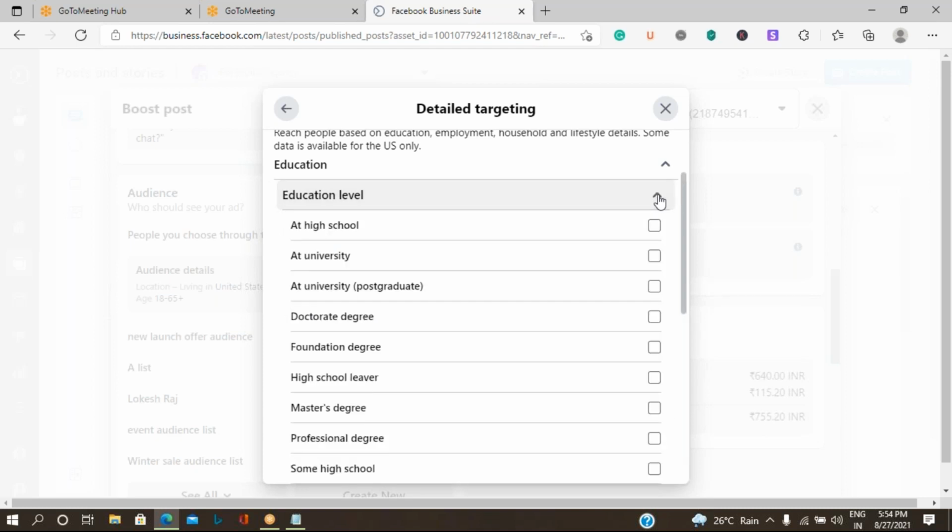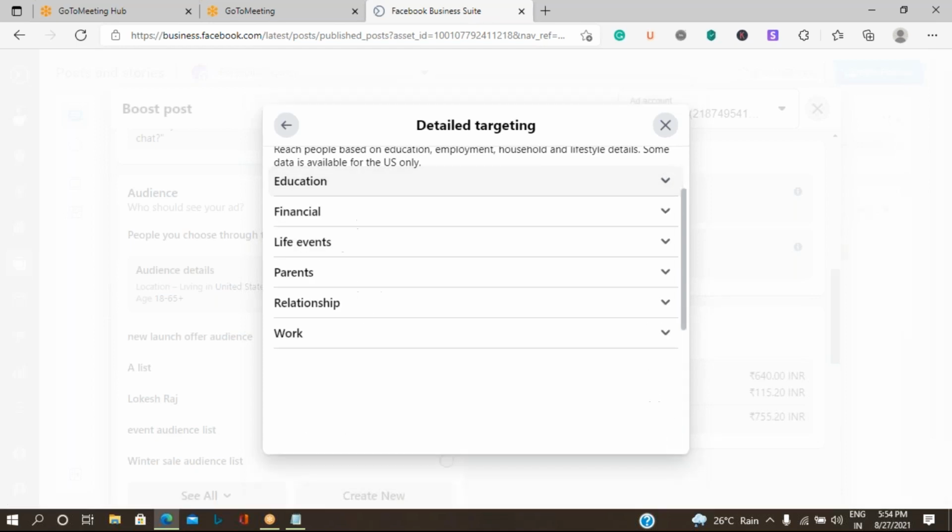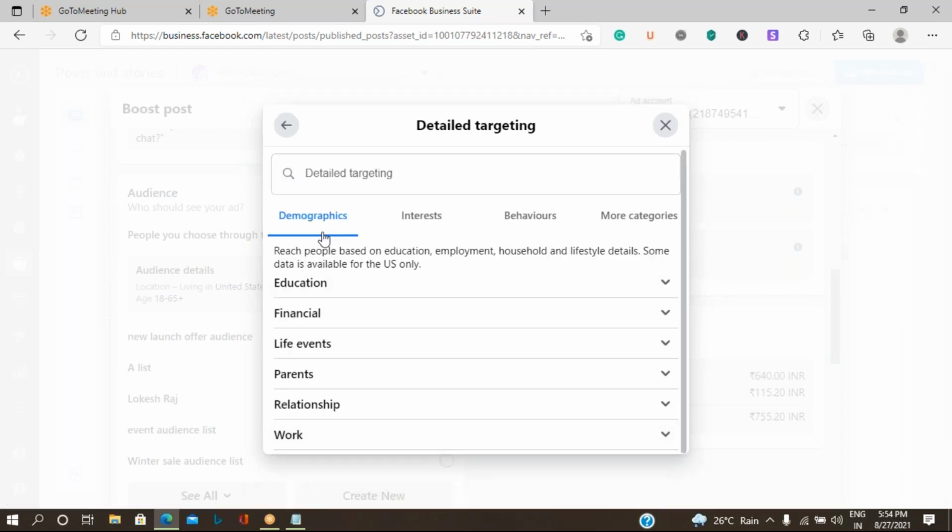So here the audience categories that you can see are under demographics. Demographics talks about education, finance status, parental status, and relationship status, whether they are married or divorced or single. Is the product you are now promoting related to any of this category? No, it's not related to this, but I can say my product is something related to business.